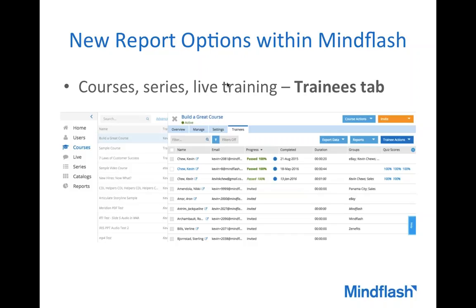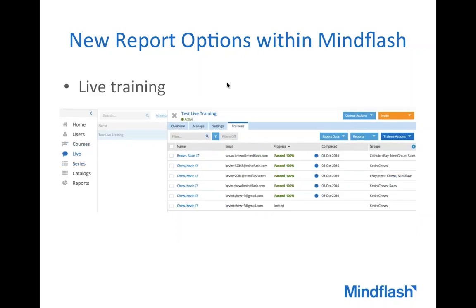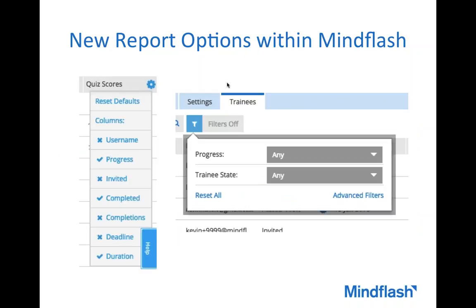So first I should let you know, the new reporting is available on the Trainees tab, in courses, in series, and in live training. And this is where you're going to go to specifically determine what data is available in the reports that you export. So if you click that small cogwheel on the far right of your Mindflash,